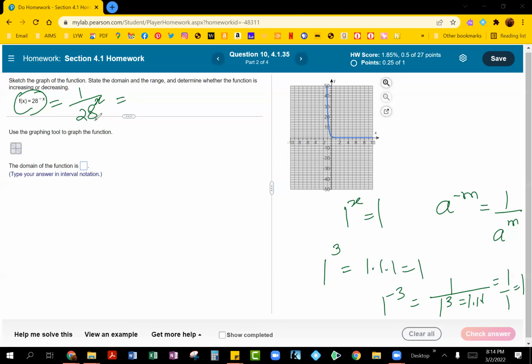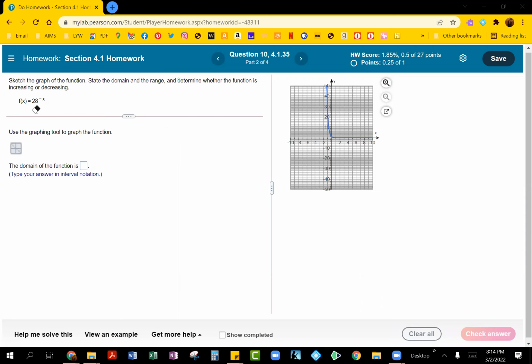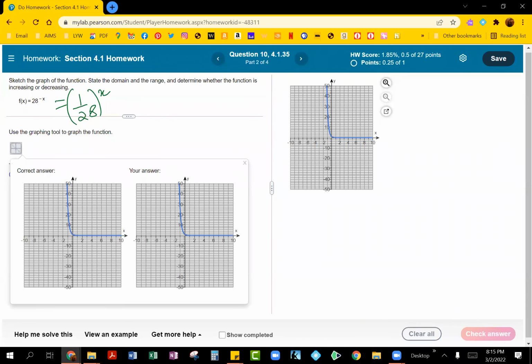So once you make that into a positive exponent, you will rewrite this as 1 over 28 and then the whole thing to the exponent. That actually means our base is 1 over 28 and not just the number 28 if you look at it here in the original format. So that's something you have to be careful about when you're looking at these examples. And this is going to make a difference when we try and graph this. So again, this becomes 1 over 28 and then the whole thing to the X power. So when you try and graph this,